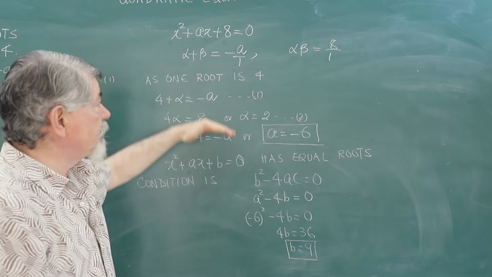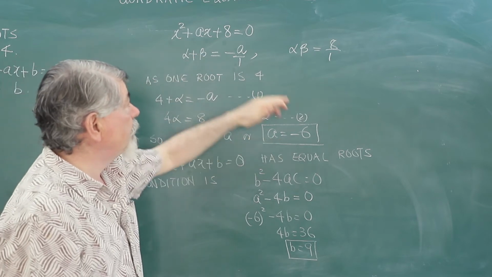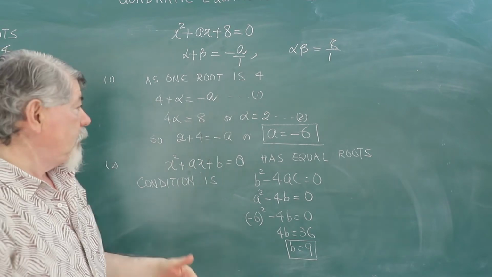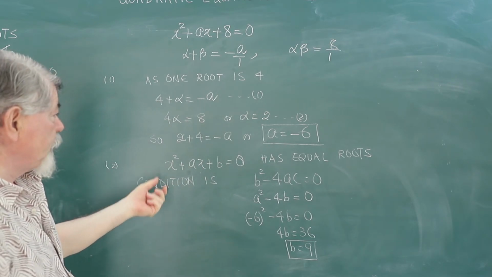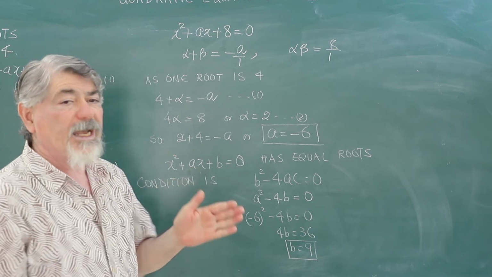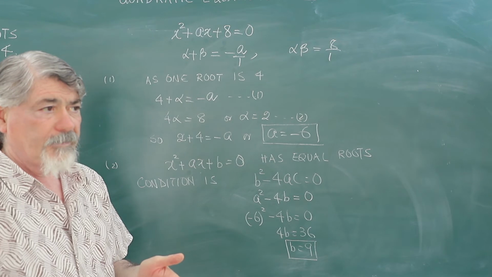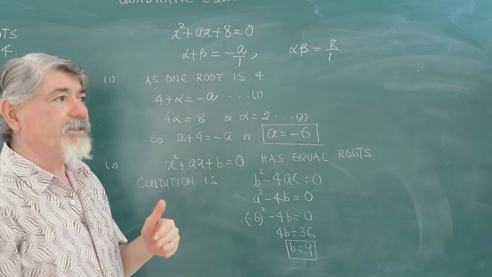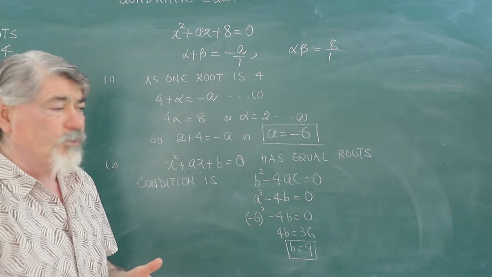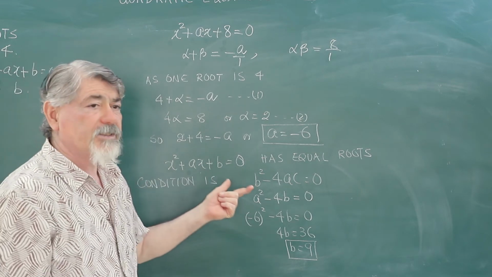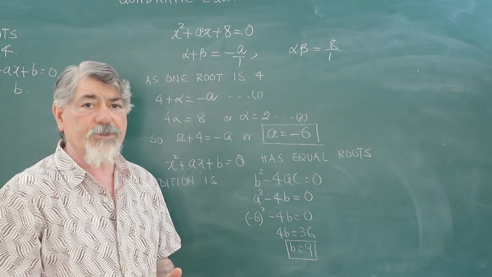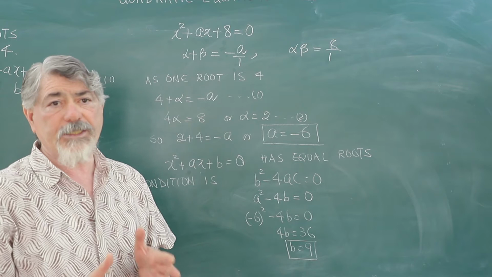This is from the first equation, I have calculated the value of a, but I need the value of b. So let us pick up the second equation, which is x square plus ax plus b is equal to 0 has equal roots. And we read while we were discussing the nature of roots, when does the equation have equal roots? When b square minus 4ac is equal to 0, the value of the discriminant is equal to 0, that time we have equal roots.